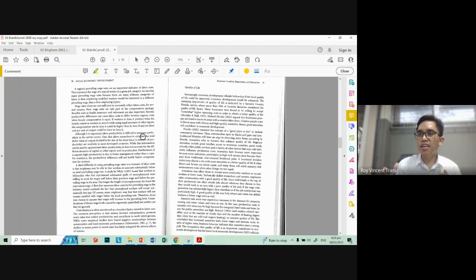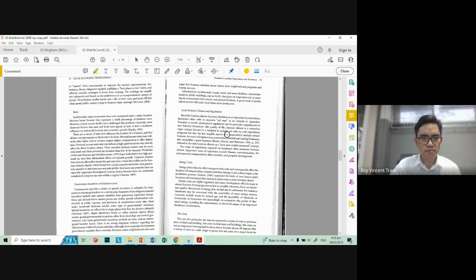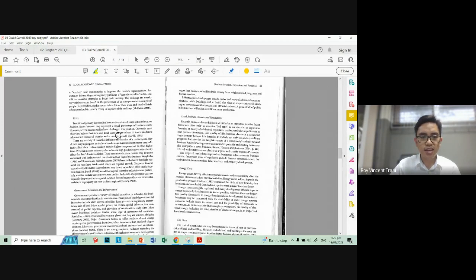So that's more on the worker side, but for the firms, this is one factor that they would want to stay away from. They would want wages that are bearable for their profits, and they don't want to locate where the wage rates are higher than their profits. Quality of life, this is a bit more general. I'll skip this one. Taxes make sense.